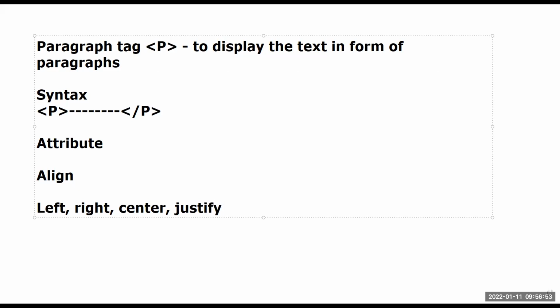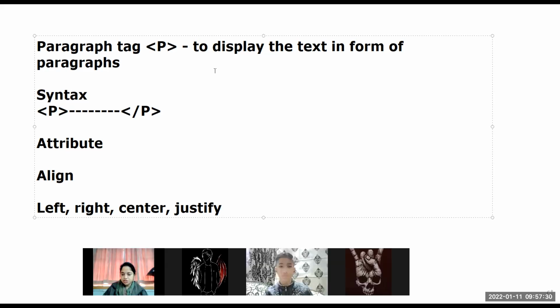Justify. Can anybody tell me the difference? What is the use of justify alignment? You had used this alignment in MS Word also. Anybody who can tell me? Yes? You had used this alignment. Yes, anyone, beta? Hasn't anyone used justify alignment? Yes, Anjani, Samiksha, Pari, Arish. Nobody used the alignment justify.